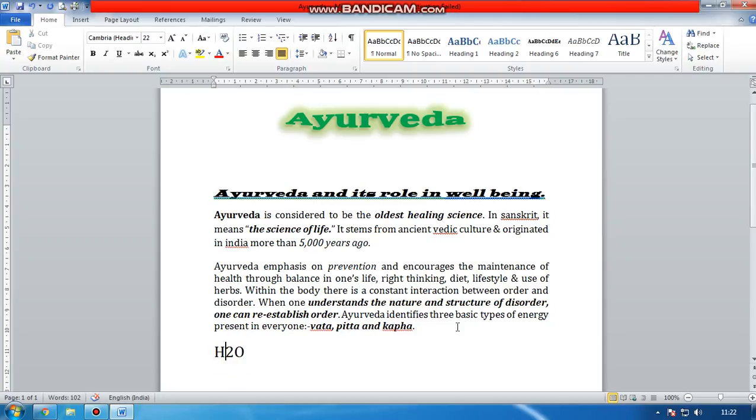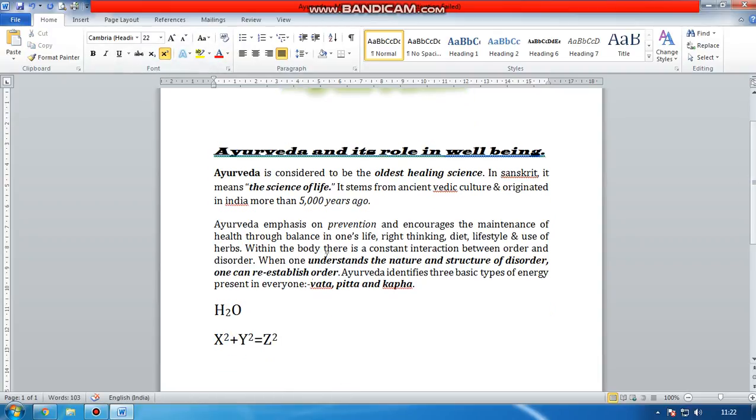I want the 2 to go down. Select this 2 and click on subscript. It will take it down. So this is subscript. And suppose I am a maths teacher, I need to write x square plus y square is equal to z square. Now select this 2, click on superscript, and your number 2 will be raised to the power. This is the superscript option. This is subscript and superscript.